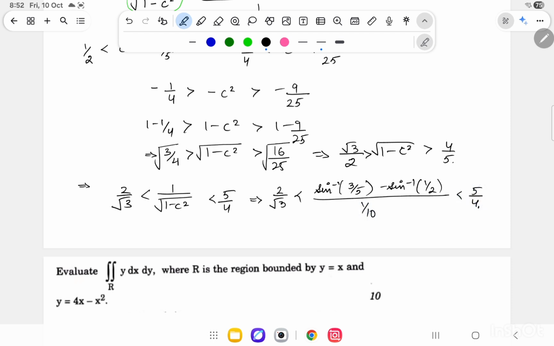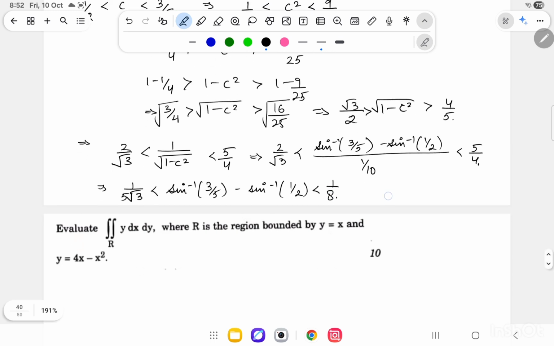Now if I just multiply by 1/10 throughout, it will give me 1/5 root 3 less than sine inverse 3/5 minus sine inverse 1/2 less than